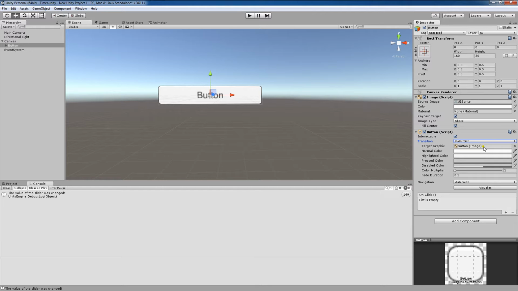And the fade duration is the number of seconds between the change in state and the time that the color is changed. Now, these colors are pretty self-explanatory, and I showed them in my buttons tutorial, so I'm not going to jump too much into them. Basically, your normal is the default color of your button, highlighted is the color when you mouse over it, pressed is the color when you click it, and disabled color is when interactable is unchecked here, so that the player